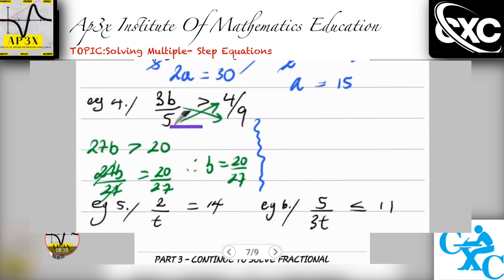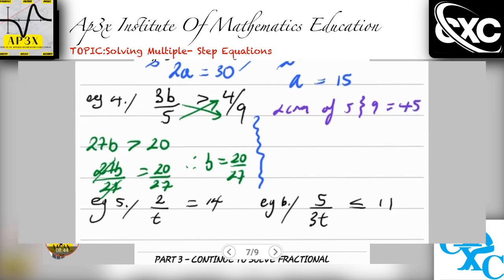So now I'm going to be trying to get rid of the 9 and the 5 at the same time. So here what I encourage my students to do is that I encourage you all to find the LCM here. So now I know that the LCM of 5 and 9 is 45. Okay, so I'm going to be using 45 to multiply both sides of the inequality here. So I have 45 multiplied by, say here, 3b over 5, and that's going to be greater than 45 multiplied